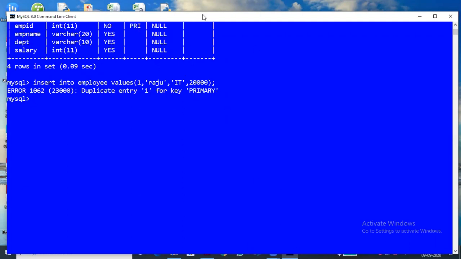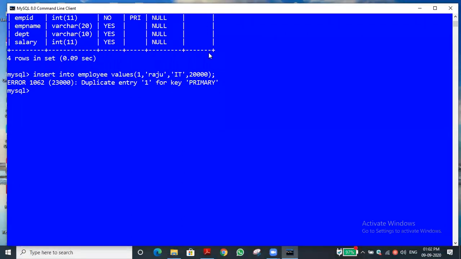In this table, only employee ID is primary, sir. If all are primary, it won't accept the same data, sir. I clearly said three points. First, the primary key should be unique. Second, it should not accept a null value.